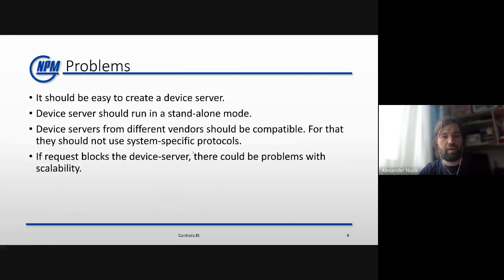Okay, and of course, there is a problem not only with this message passing system, but also with developing the device server itself. And it should be easy. So a person without a lot of programming expertise should be able to set it up and establish all properties. And for small experiments, like, for example,